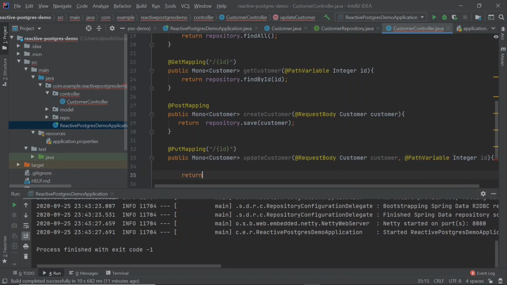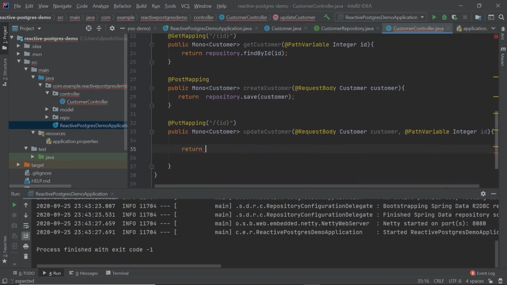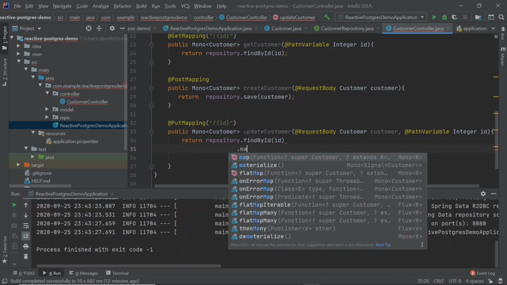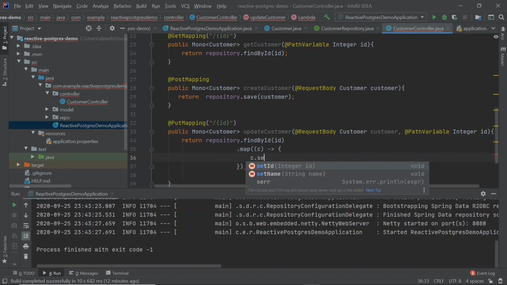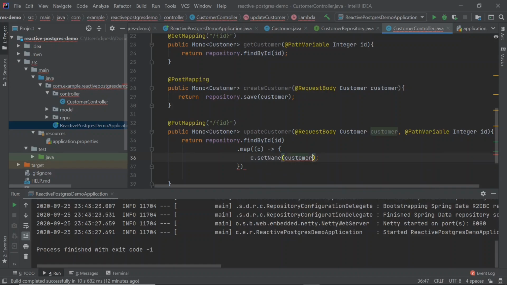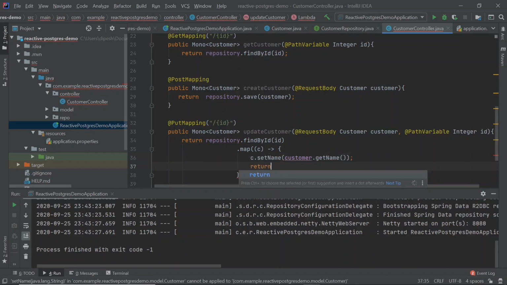Okay, now for put we actually need to get the existing element from the database using the ID. Then since we need to map that element, I will use a lambda function here and set the name with what we have received in our body, customer.getName, and return that c.